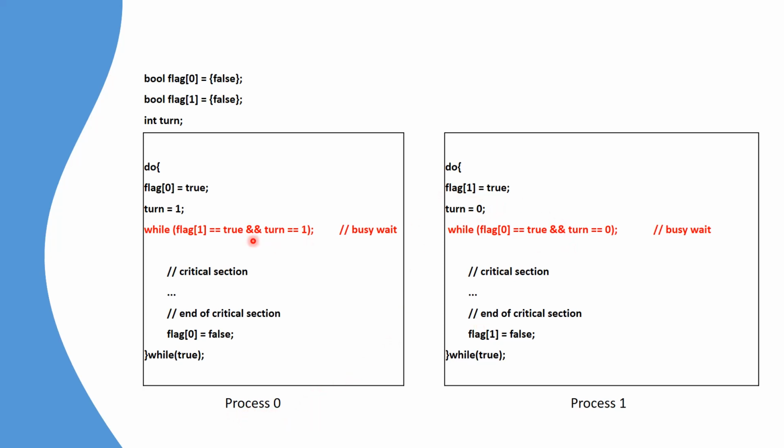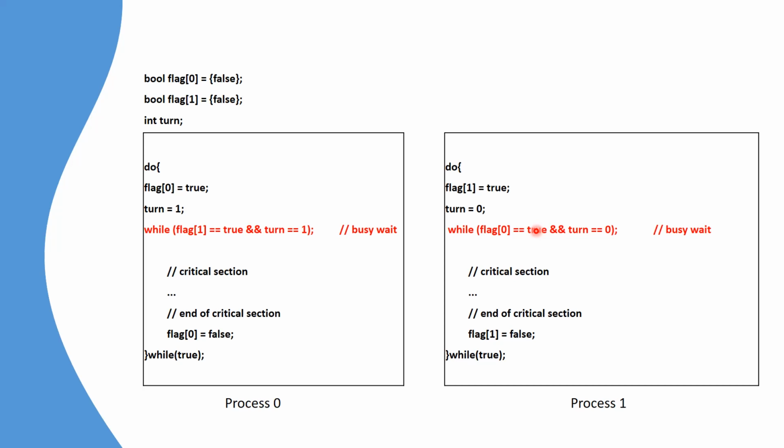Now when both of them start executing in this particular line, one of the conditions will be true and one of the conditions will be false. Either it will be true here and false here, or true in this section and false in that section. It depends upon which is true and which is false, and if the condition is true, because of the semicolon, that particular process will wait. For example, if this condition is true in case of process 0, process 0 will wait, or if this condition is true, then process 1 will wait. So both of them cannot enter the critical section.